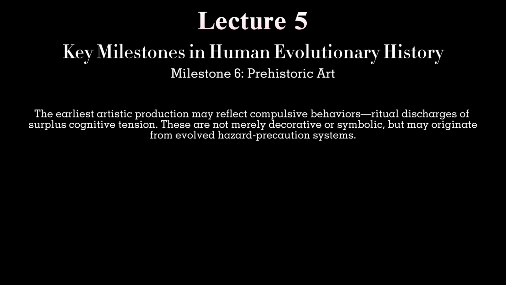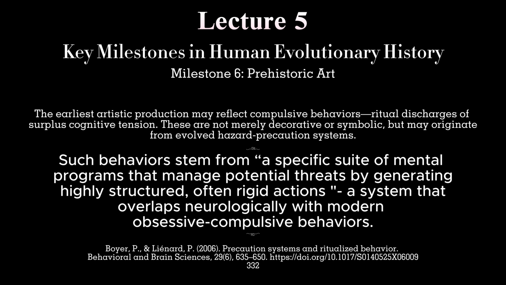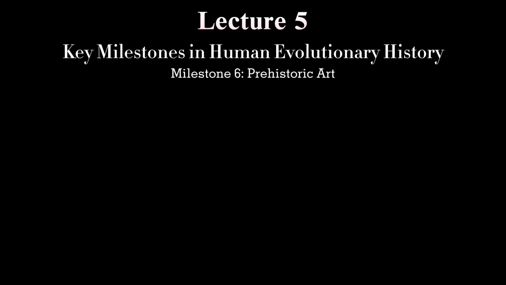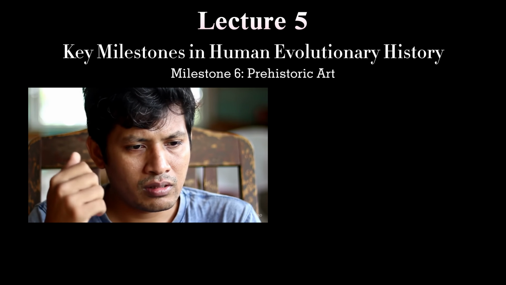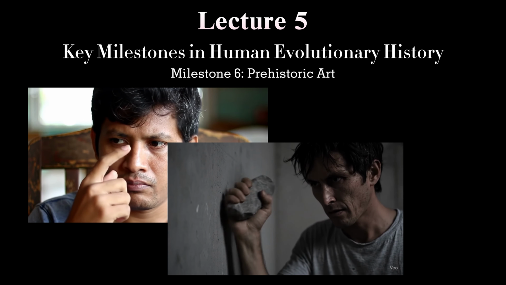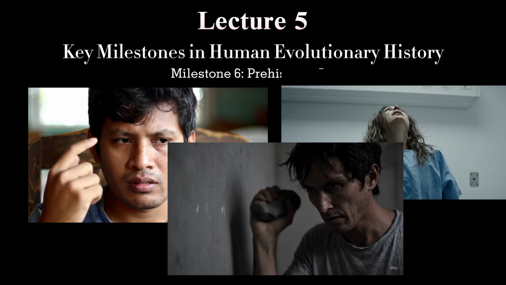These are not merely decorative or symbolic, but may originate from evolved hazard precaution systems. As cognitive anthropologists Boyer and Leonard argue, such behaviors stem from a specific suite of mental programs that manage potential threats by generating highly structured, often rigid actions, a system that overlaps neurologically with modern obsessive-compulsive behaviors. From this perspective, the obsessive impulse to externalize mental images through repeated gestures, markings, or vocalizations can be seen as